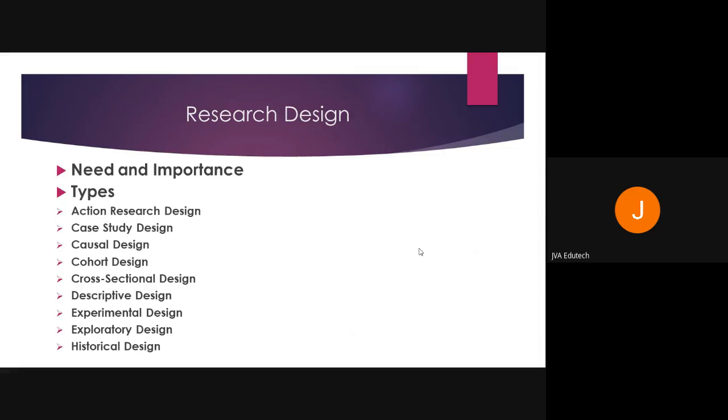So whenever we go out for a case, let's say some Harvard person has written a case and then they leave it to the audience to come up with an amicable solution. That kind of design is a case study design. Next one is the causal design, which mostly we do in our social science or management studies, where there is a dependent variable.